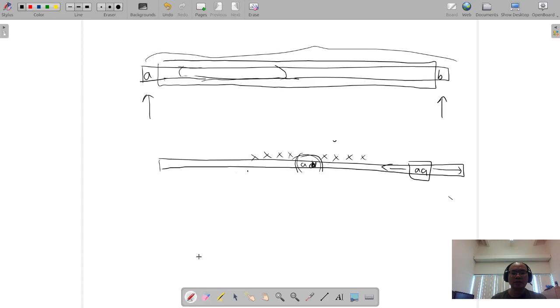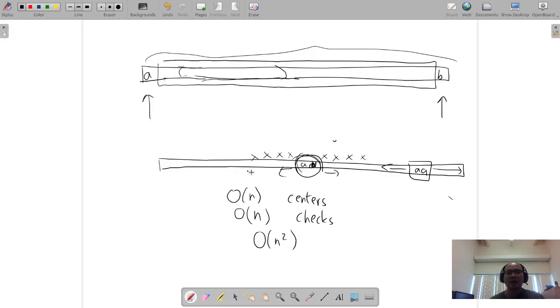So basically, you check every possible center. There are roughly n centers, because it depends if you're looking at doubles, in which case there are actually n minus one centers. And then when you move out to check, there are at most n checks. So this is n squared, which is good enough for n is 1,000. Okay, but what about